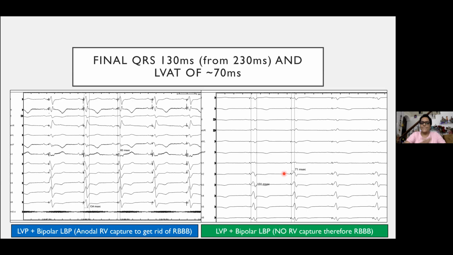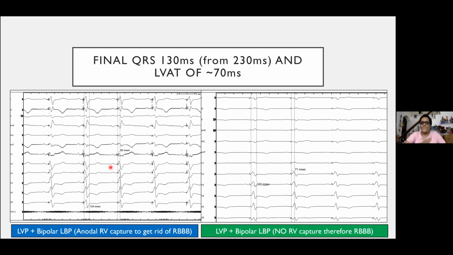You can also do more in this case. You can do a bipolar high voltage pacing. So you get either anodal capture, or you can call it LV non-selective left bundle capture. So you can have two kinds of rhythm and you can fuse it with the LV. So you are getting a three-wavefront by the same thing and you are fusing it with the LV. Over here, the QRS is as good. LVAT is 63 millisecond. The only thing is that in V1, you are not getting an R wave, so it doesn't look very nice to look at. But otherwise, it's a perfectly acceptable ECG.